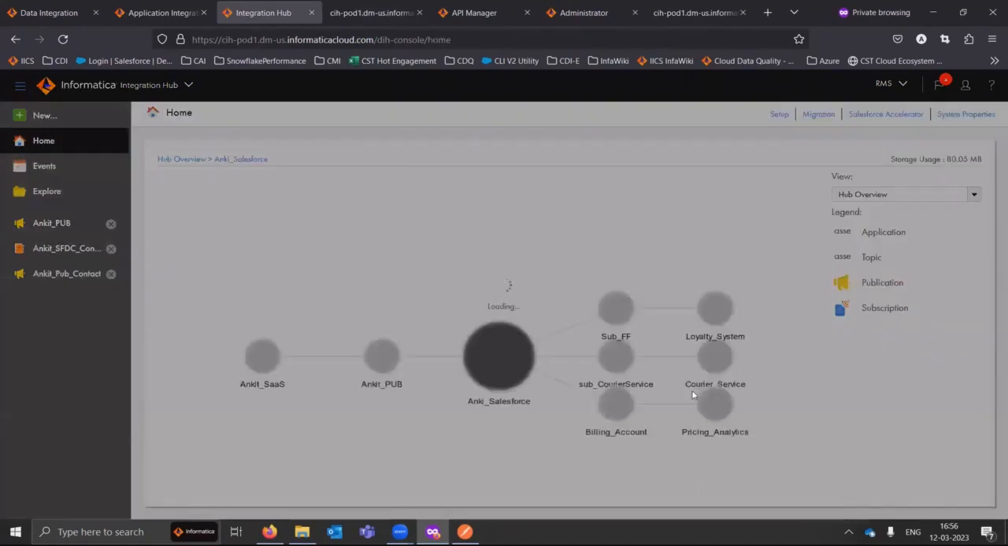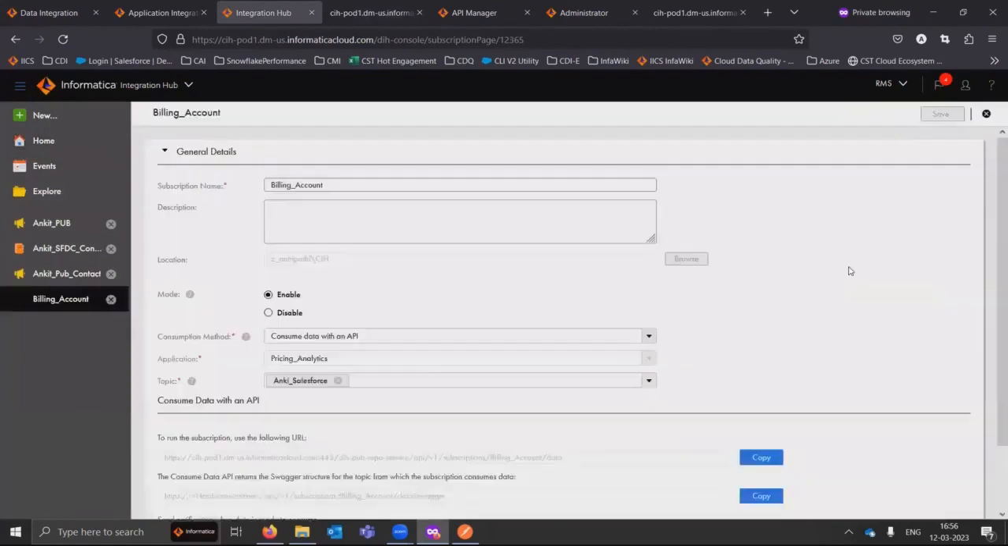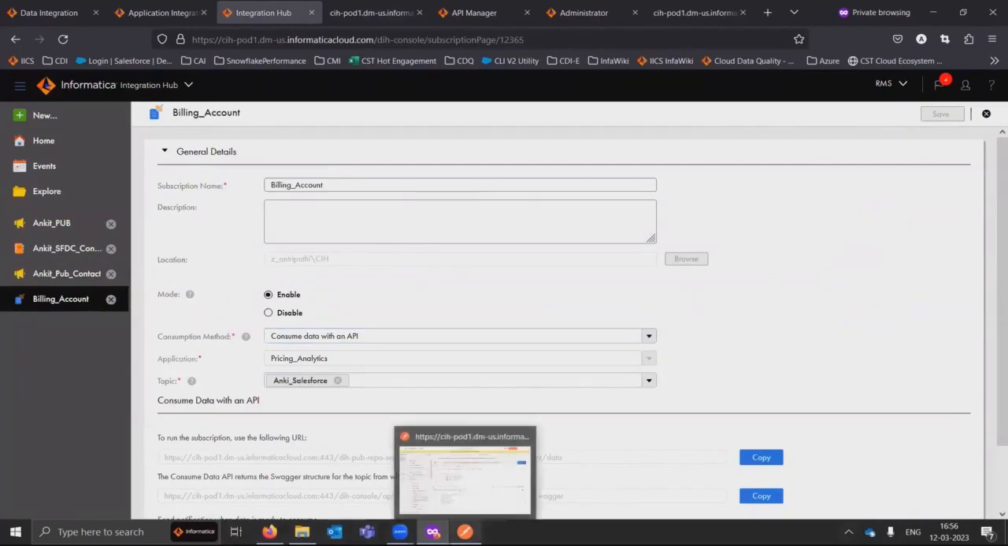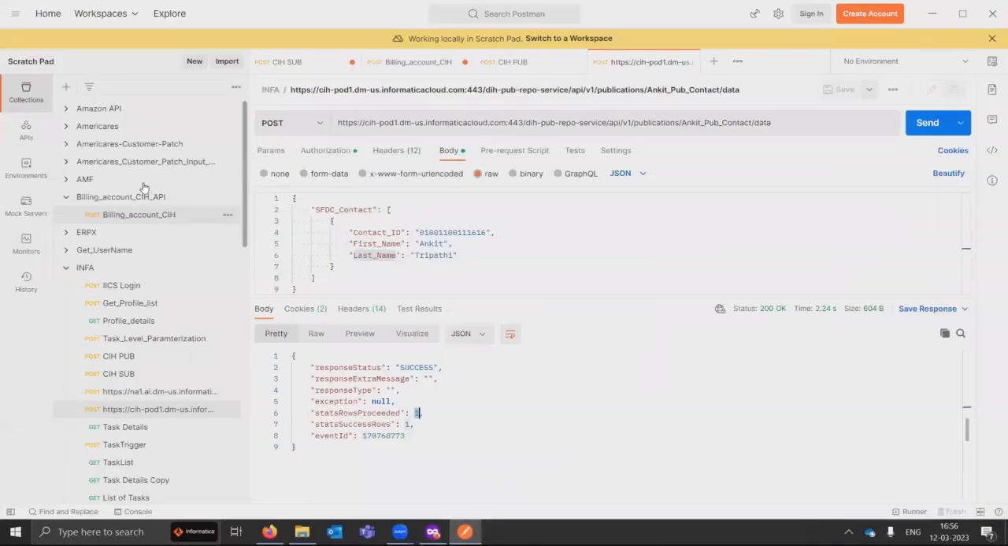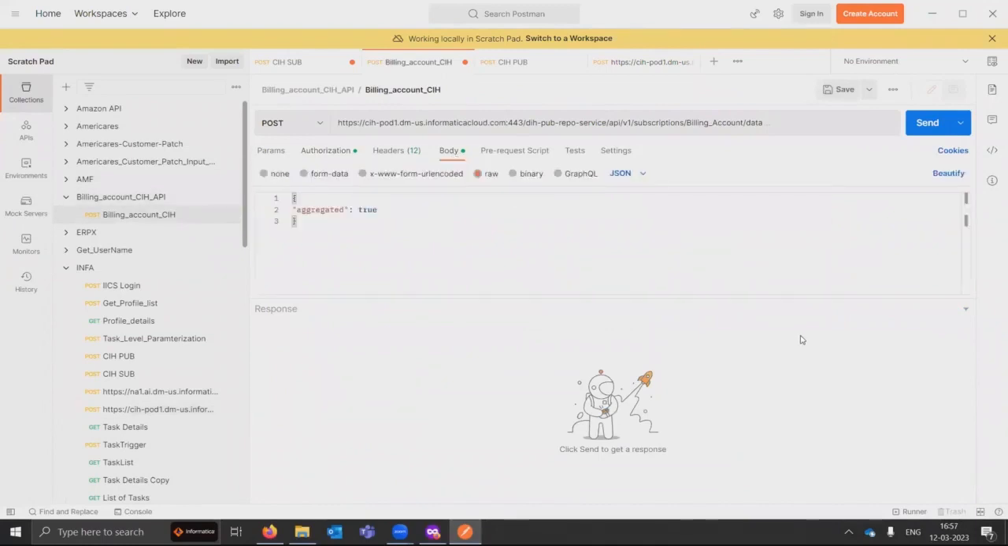If I can, yes, I can. And if I open the billing account subscription, it should tell me that the consumption method is consuming the data with an API. Now I've already set it up, so I'll quickly go there in the Postman application, and the consuming application, or the data API, which is using the data via the consume data API,